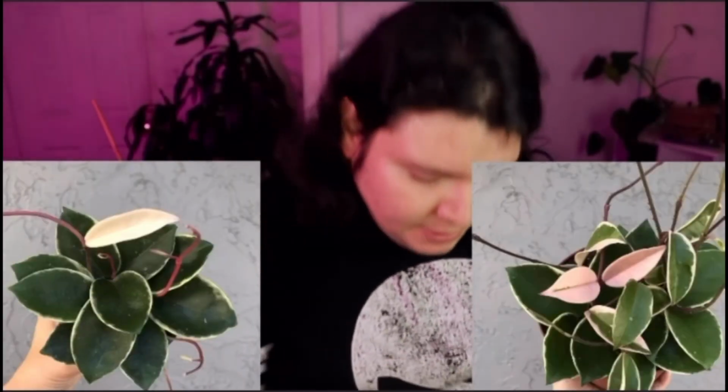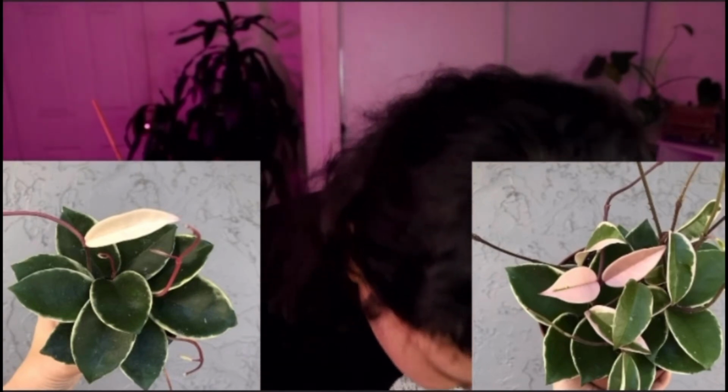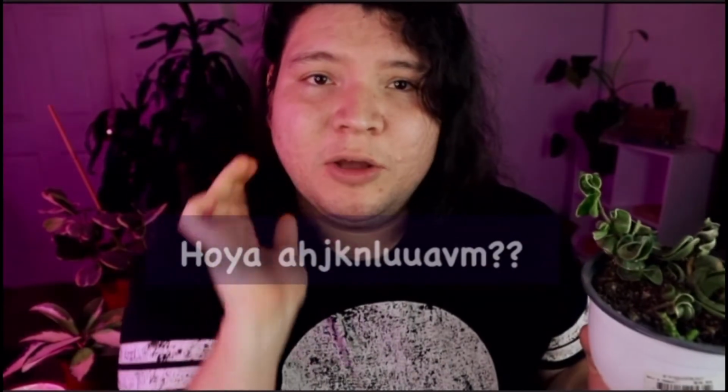Able to grow a completely yellow or a completely pink leaf. Carnosa variegated. So in my opinion, I think that my Hoya Carnosa variegated, this plant right here, which is the Hoya